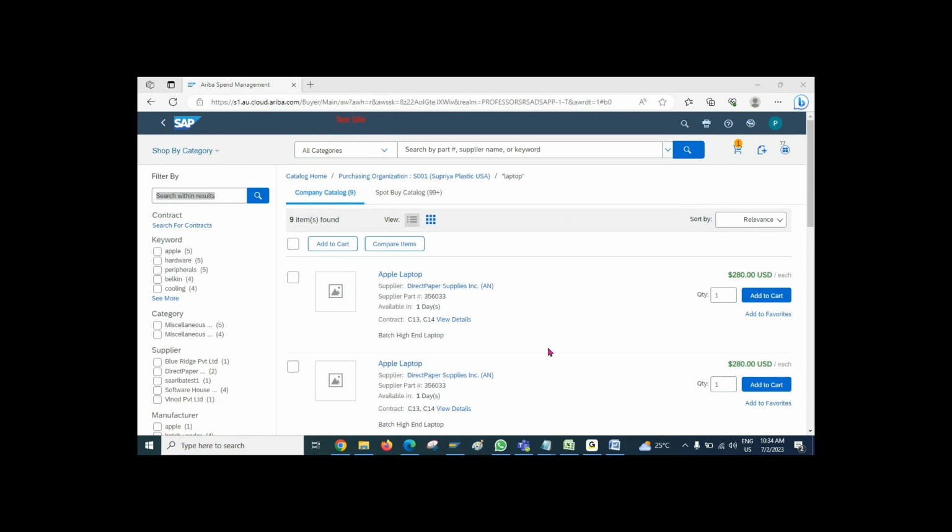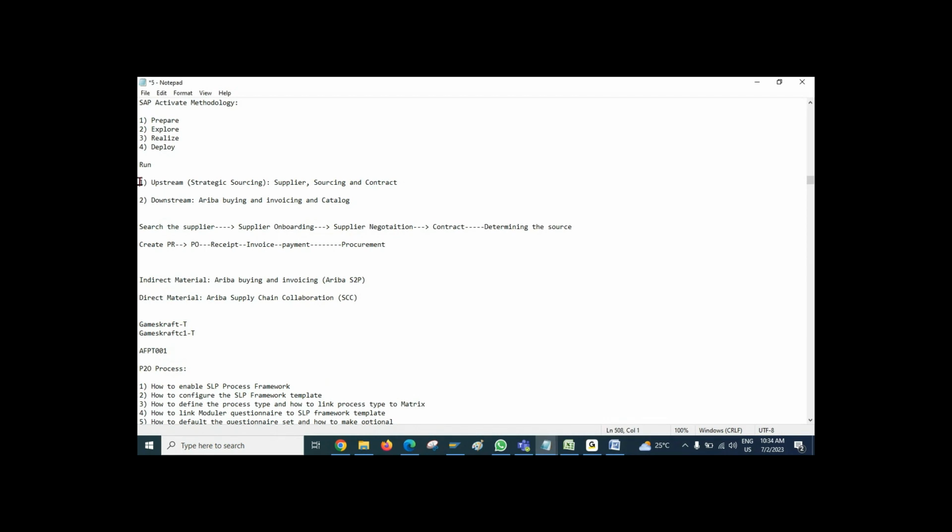And if you talk about Ariba solutions, basically Ariba solutions are divided into two parts. One part is called strategic sourcing. The second part is called downstream, or you can say Ariba buying and invoicing solutions as well. Earlier the strategic sourcing was called upstream.